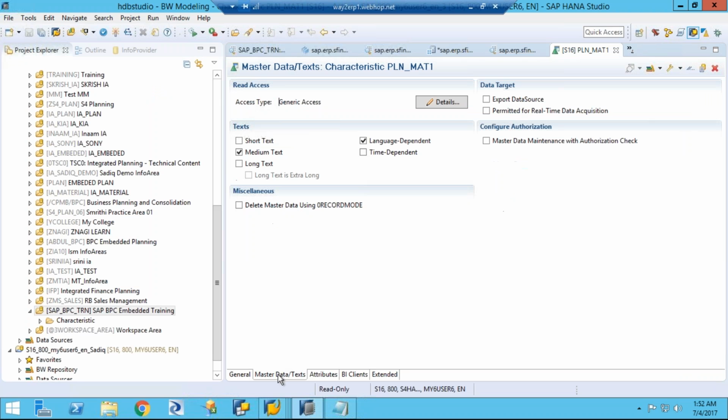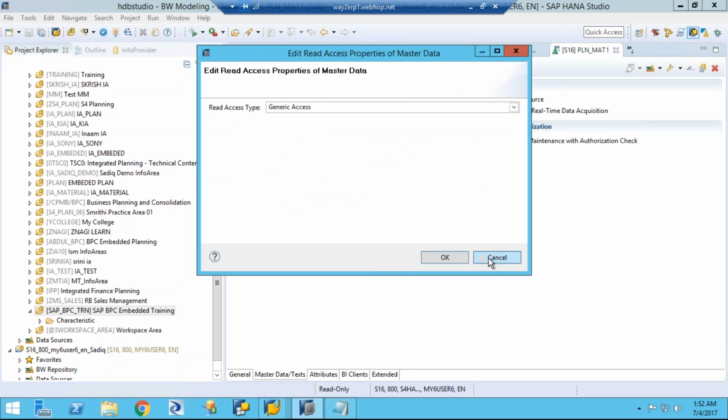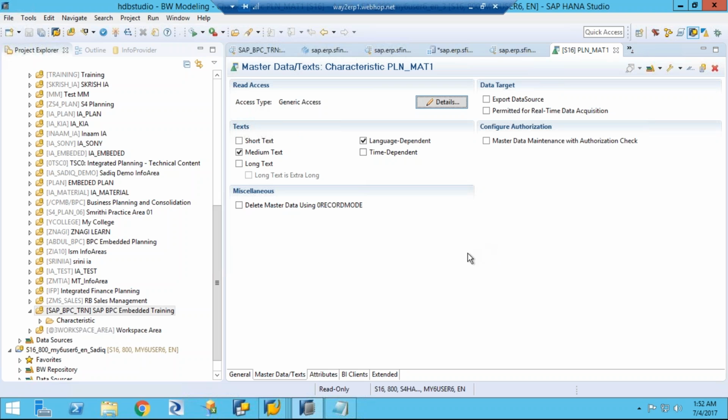Go here, detail. Access type is generic, so we will discuss this in some other session in more detail. And the attribute name is plan mat1. Go to BW,